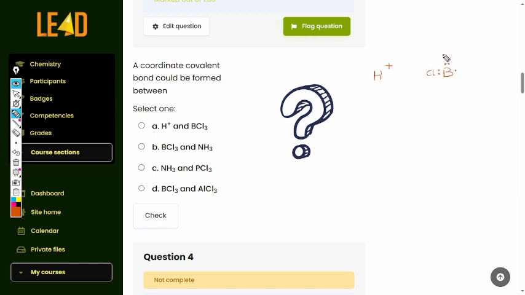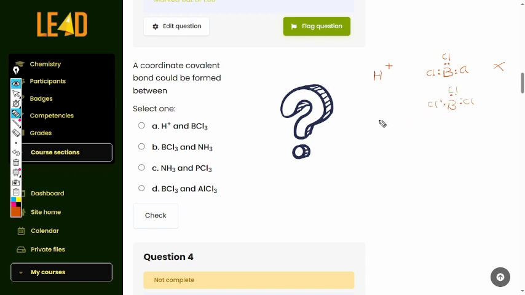So you have a chlorine atom here, a chlorine atom here, and a chlorine atom here. Notice that all the electrons here are now bonded. We don't have any lone pair of electrons, any electron pair that is not bonded to anything. So this would not give you a coordinate covalent bond because there's no lone pair of electrons to be shared. So this is wrong. But then if we have boron chloride here, let's just repeat that. Okay, boron trichloride